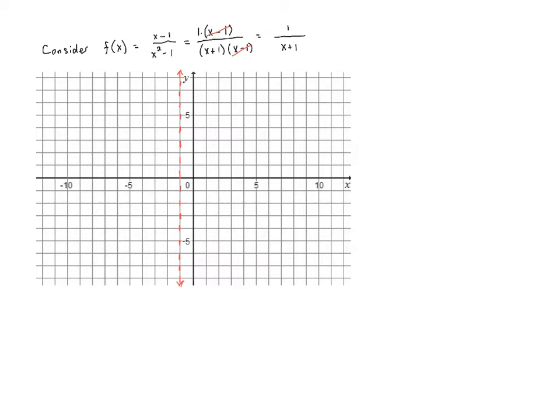And we know that the function 1 over x approaches the asymptote on the top part on the right and on the bottom part on the left. So we can just shift the graph of y equals 1 over x to the left by 1 unit to see what this graph looks like,